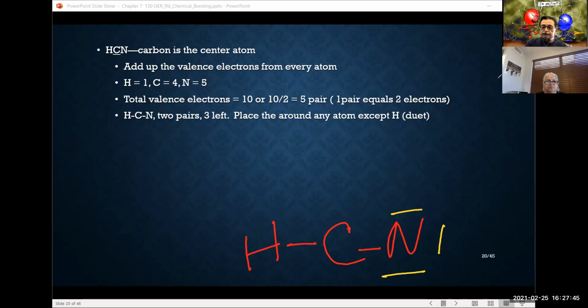So this is where you start making double bonds and triple bonds. Remember, that's the most you can make, triple bonds. There's no such thing as a quadruple bond, okay? Single, double, and triple. And so what you can do is simply just take this pair right here and this pair right here and borrow from Peter to give to Paul, so to speak, and create a double bond. And by doing that, you end up with a triple bond